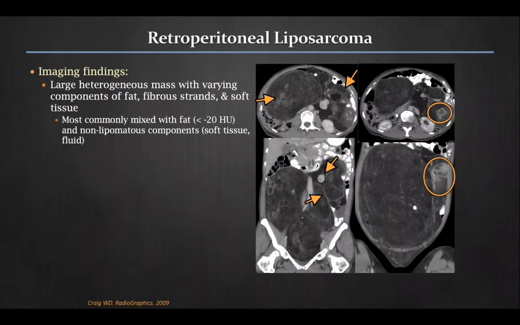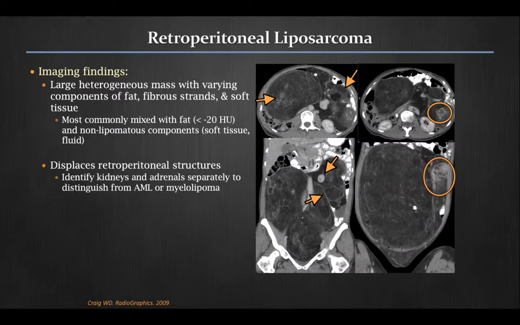The imaging findings are as shown here. Large heterogeneous mass or masses with varying components of fat attenuation, internal strands, and soft tissue. Most of these you'll see a mixture of fat and non-lipomatous components, whether it's soft tissue, fluid, or calcification. These often displace retroperitoneal structures, and that's where it becomes tricky to figure out whether this is